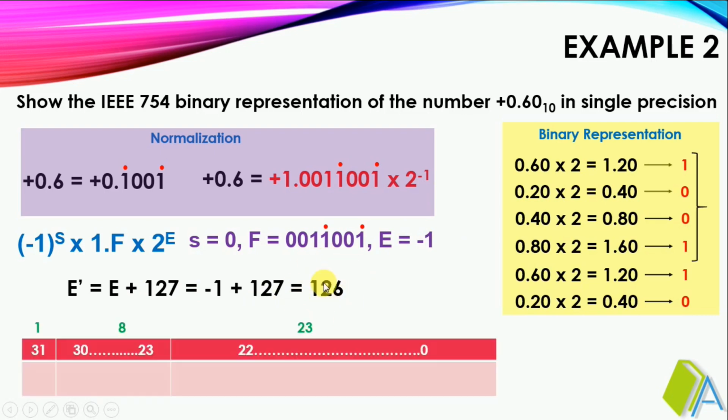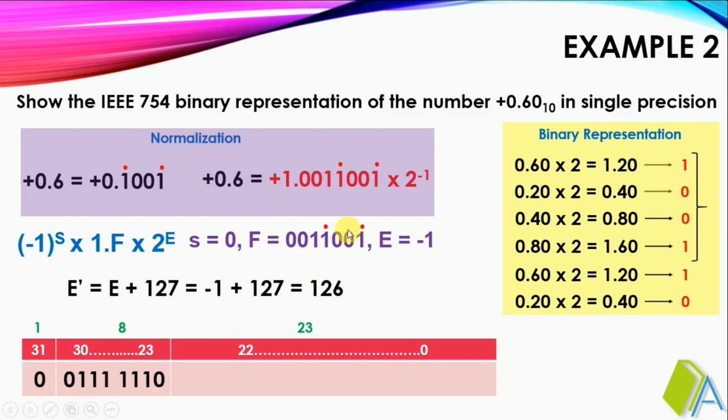In the format for representing single precision, the 31st bit is my sign bit. Since it is a positive number, the sign bit is 0. So 126 has to be filled using 8 digits. Initially it will be 7 bits, so I have to append a logic 0 at the MSB side to make it 8 bits.